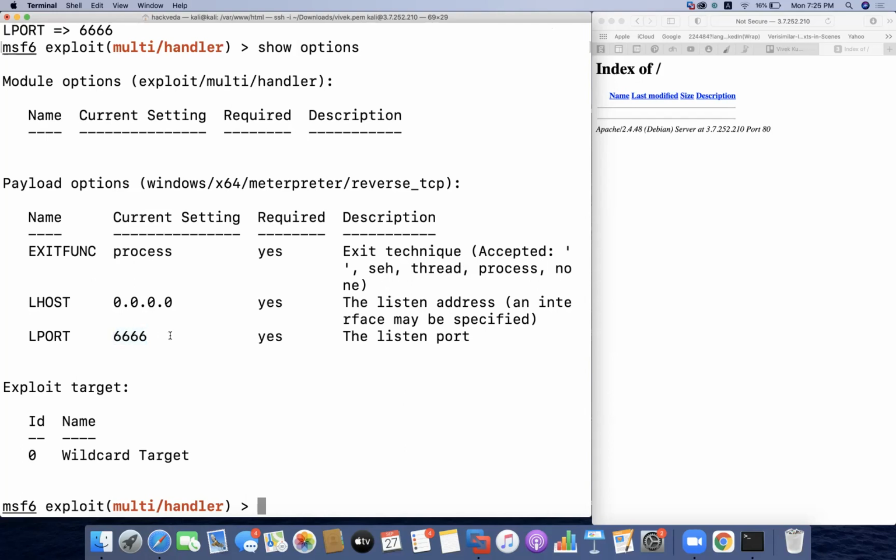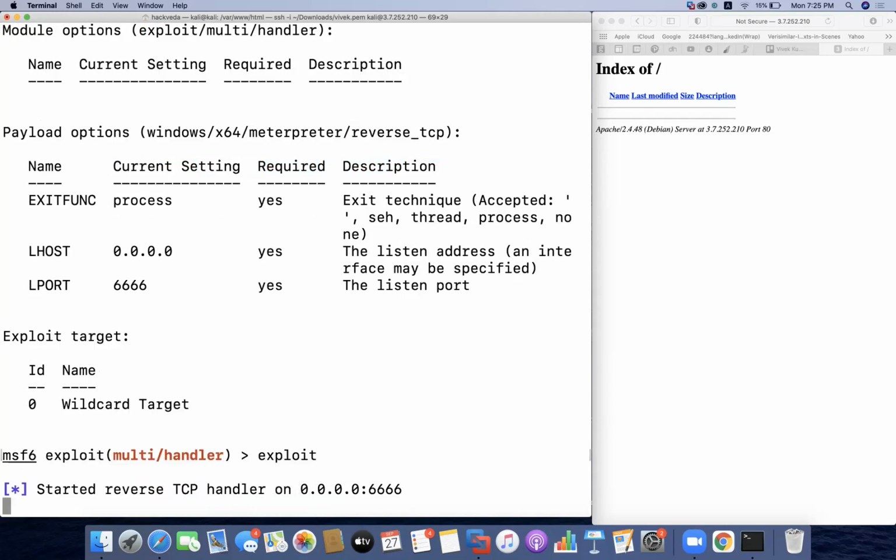So you can select the LPORT of your choice, and this is very important, because when you make the virus, you have to define in that payload that the remote computer is going to make a connection to your IP address on this port number 6666. Only then will the connection happen. So this is very important. I can get the connection on 4444 as well as on 6666; on any of the ports we can have the connection. So I have defined that I am going to listen for the x64 Meterpreter reverse TCP payload. So I'm going to start the exploit.